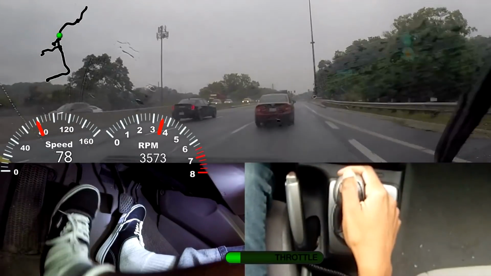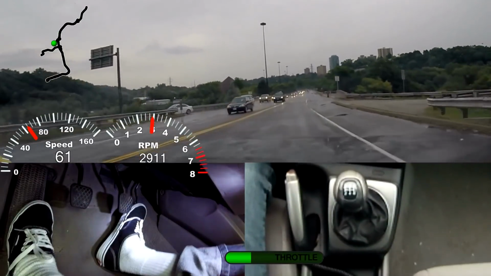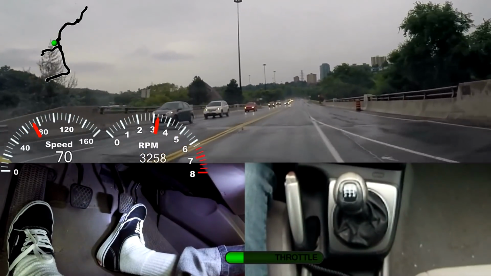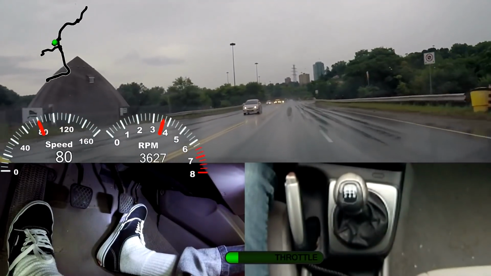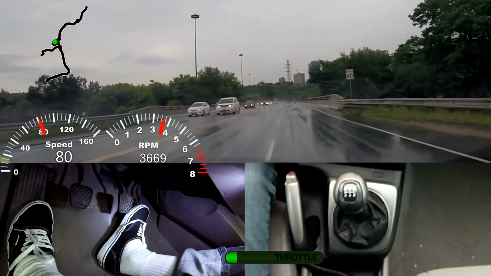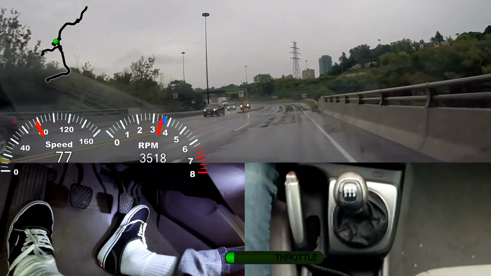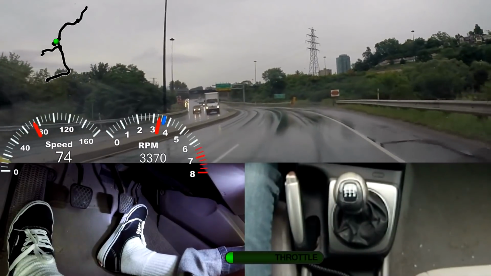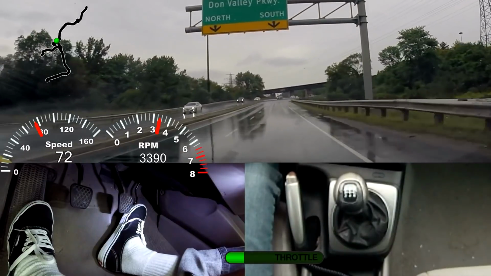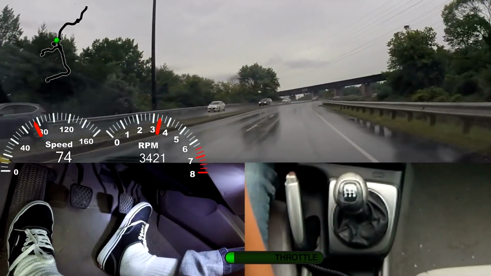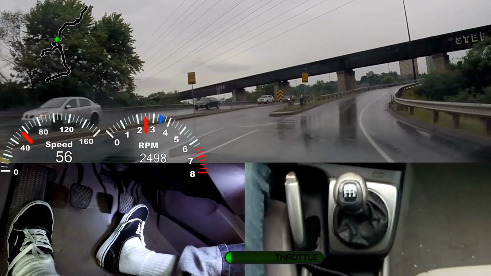Gonna shift to fourth. Gonna leave it in third gear just for this, because we're just talking about taking turns. I'm going to make a right at this exit, and it's 20 kilometers. I'm going to brake hard, slow the car way down,